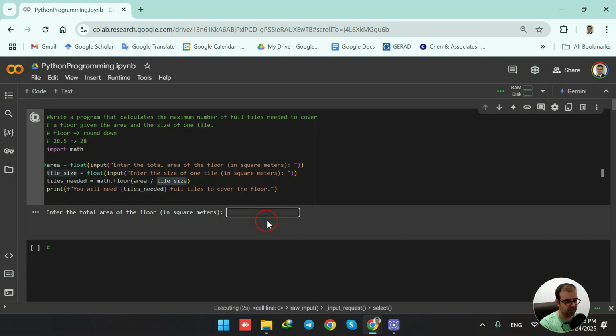So enter the total area of the floor. Imagine that the room that I would like to cover with tile is 20 square meters. And for example, enter the size of one tile in a square meter, and one tile is 0.7 square meter. Okay. So when I run, we see that the output says you will need 28 full tiles